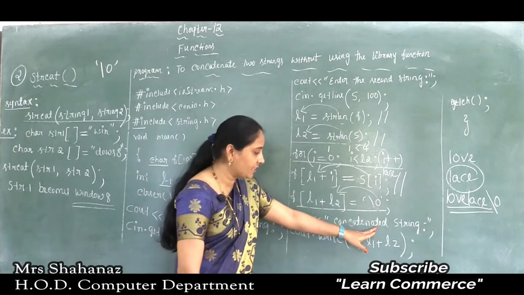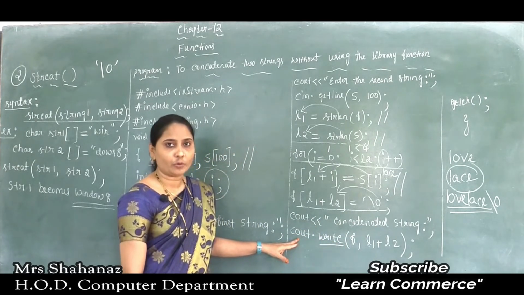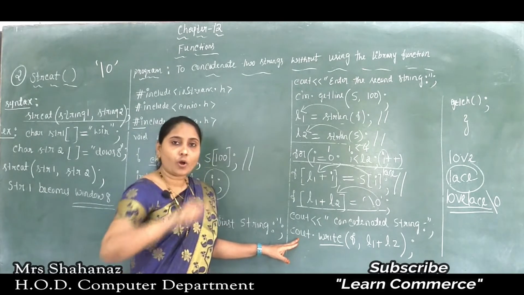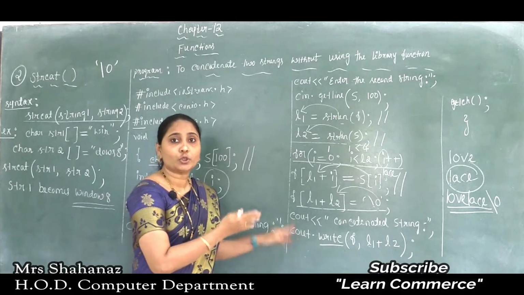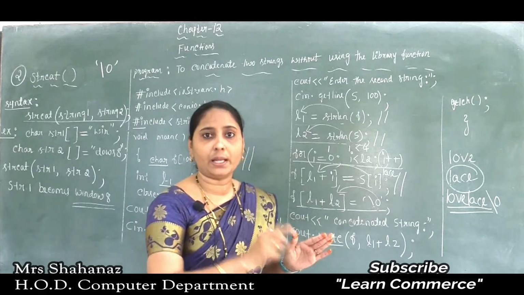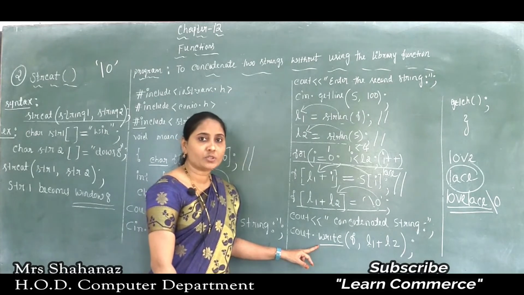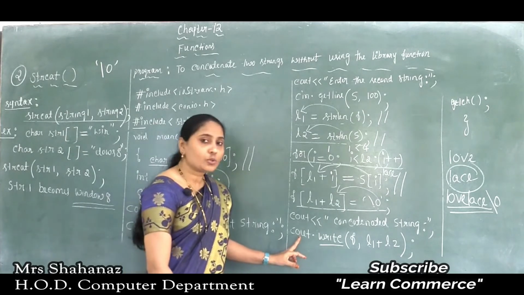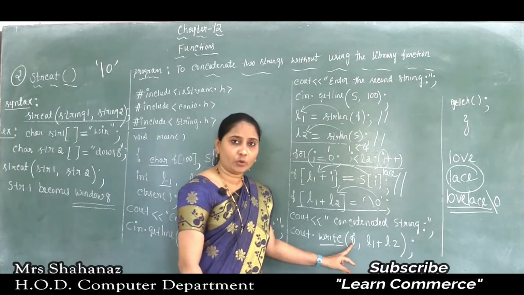Okay, yeah? So it's going to display the message, and we know that to display a group of characters the write function is going to be used. As we know the syntax of the write function, cout dot write, opening of the parenthesis, string, any size of the string variable, correct? But here two strings are going to be joined together, so str, that means I just used the str string variable name, comma size, closing of the bracket, semicolon. So like that I need to join two strings together by using the write function and display the information. So cout dot write, and then opening of the bracket f,